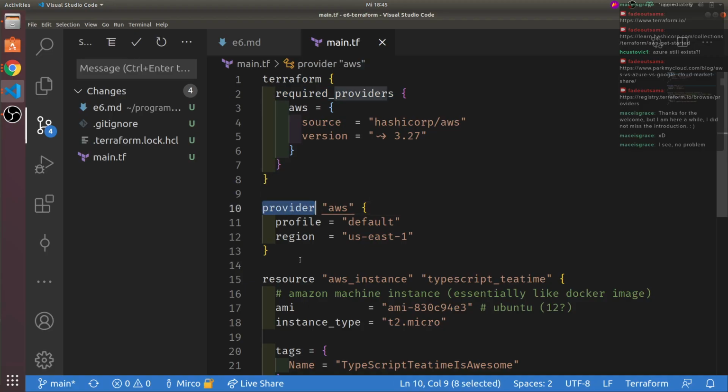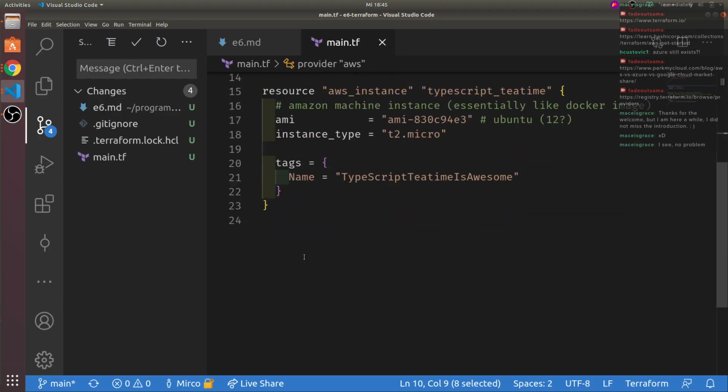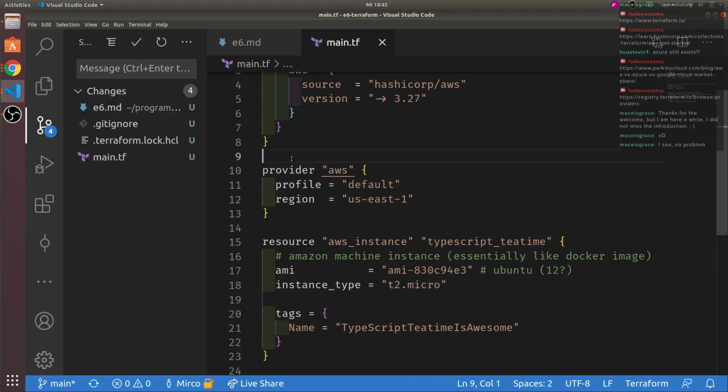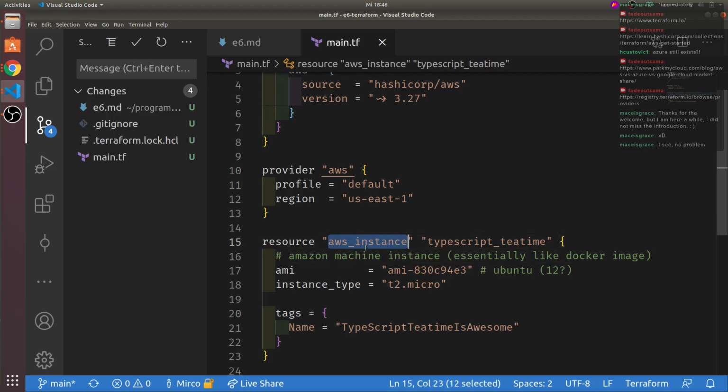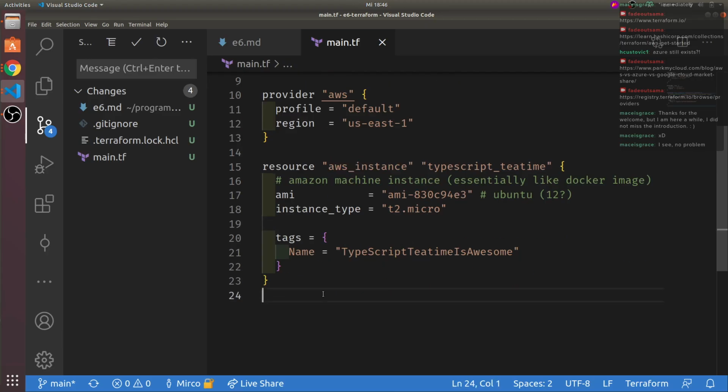Then we configure the provider itself. And that's why I said Terraform is platform independent, but to be honest, this, for example, is obviously not platform independent. This also is not really platform independent because it's specifically AWS instances, and they will probably not work on anything else than AWS. But there are other examples which are more agnostic of the actual platform. For example, if you go into Kubernetes stuff.